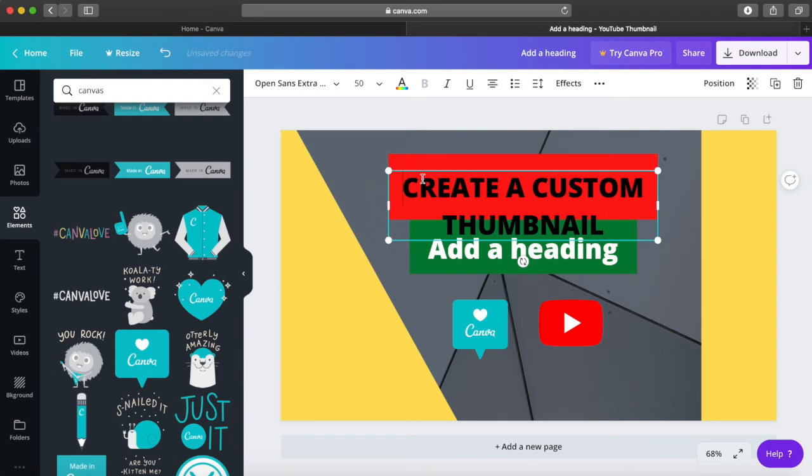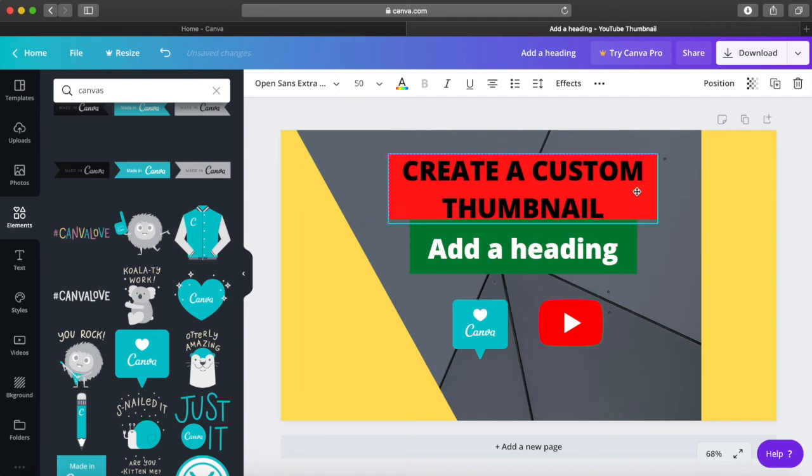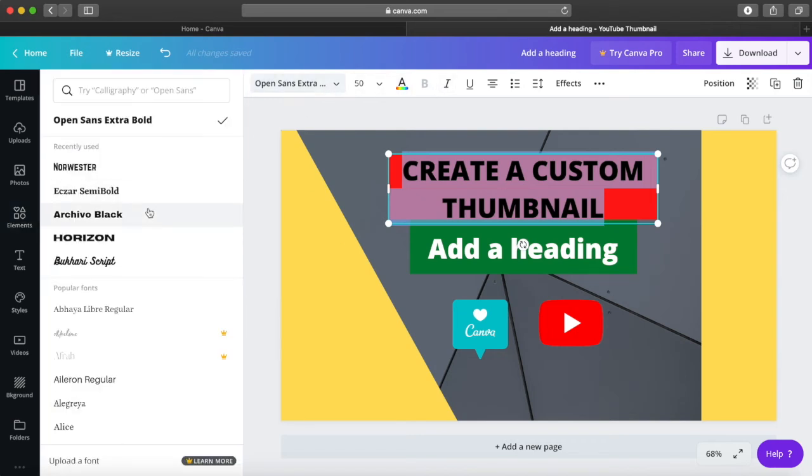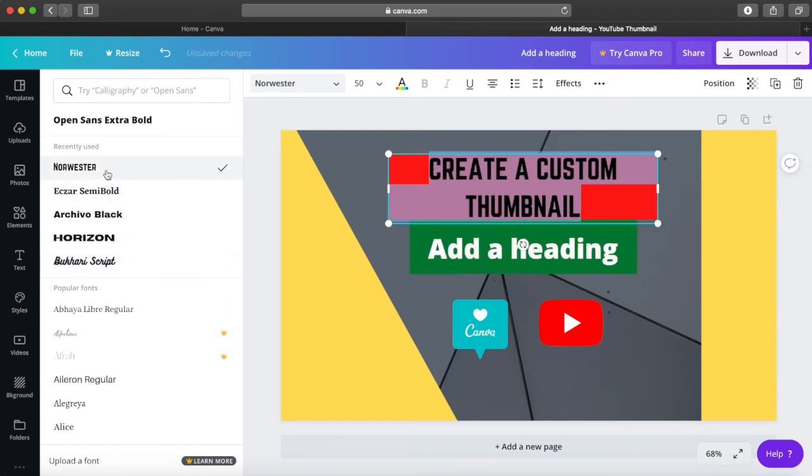I'll have to change the size and the font style as well. So the top bar is where you can actually change the font style, the size, the color, alignment, everything can be changed from there.